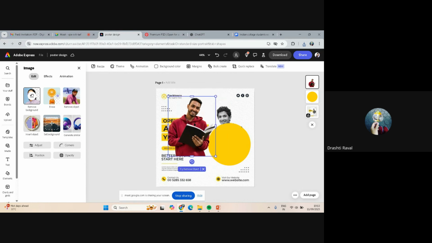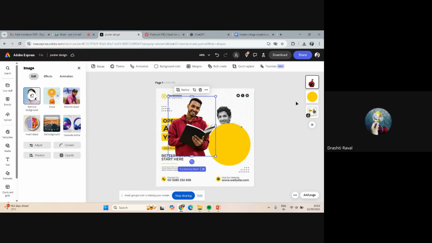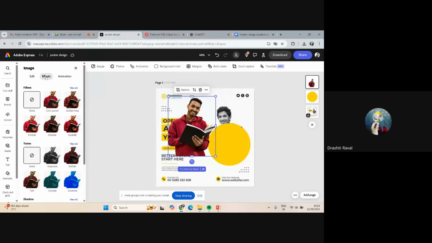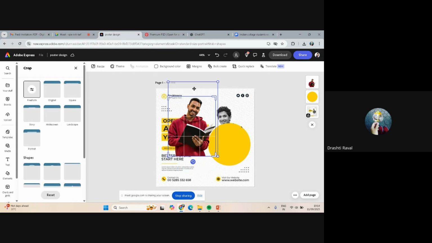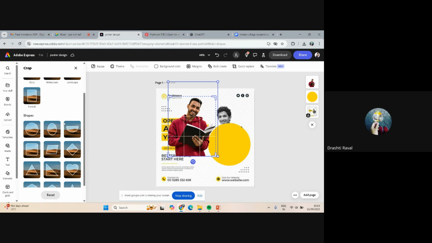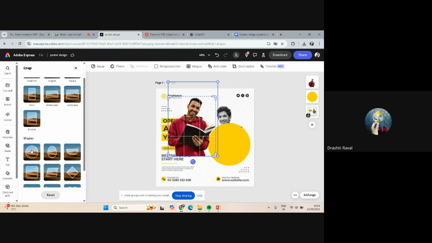And another thing, when I'm removing this square, you can see this image is already on a square section. So on a square shape from the below size, you just need to take this and crop this image. So we are coming to the edit section and cropping this. We are selecting the option from here above the image. When you select this image, you can see the option crop image, and when you come to the crop size, they are giving us different shapes to crop, and we are selecting one of the